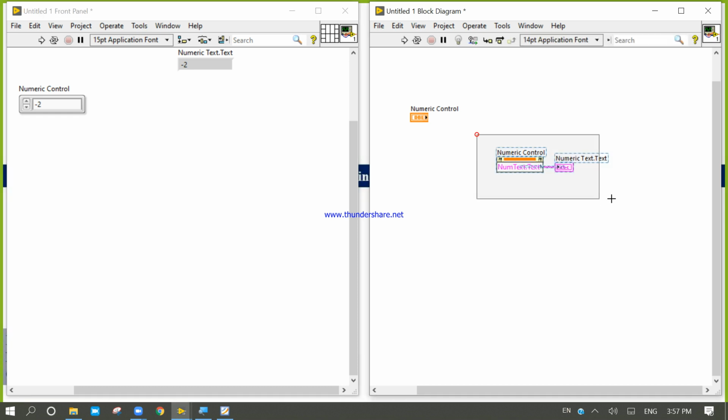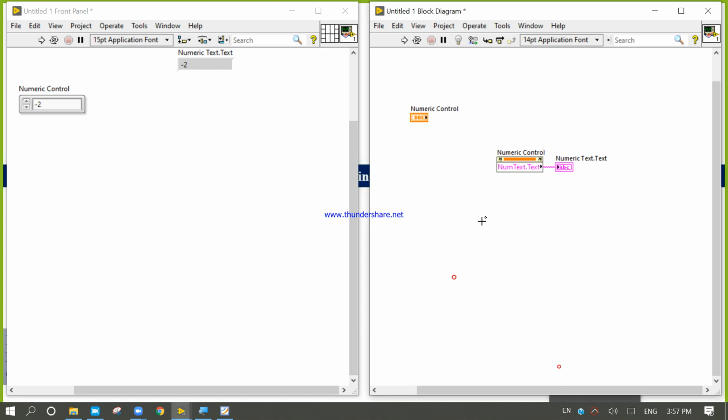Look at here, by using these functions, I can directly take that data into string. It's good now, because I directly target the property of the numeric control. We don't need any kind of converters. It is a really good concept.